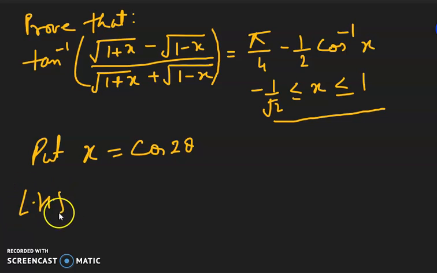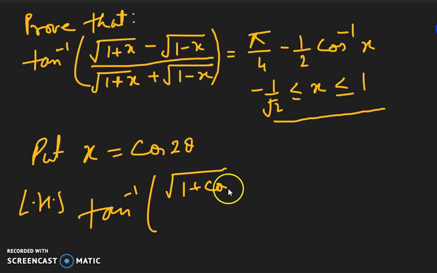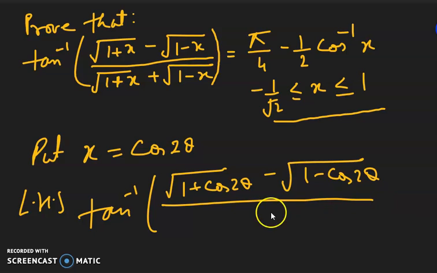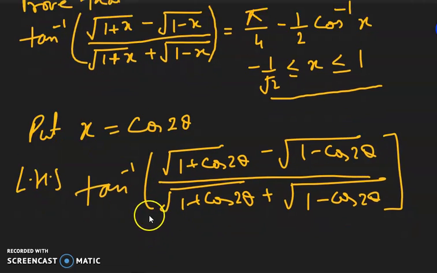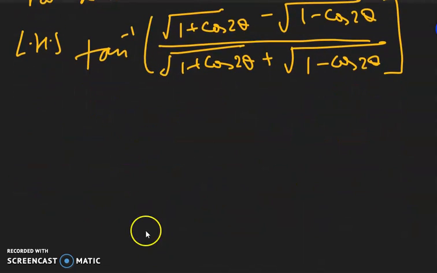The left hand side becomes tan inverse. Here you see under root 1 plus cos 2 theta minus under root 1 minus cos 2 theta and divided by under root 1 plus cos 2 theta plus under root 1 minus cos 2 theta. Okay, so this thing will become